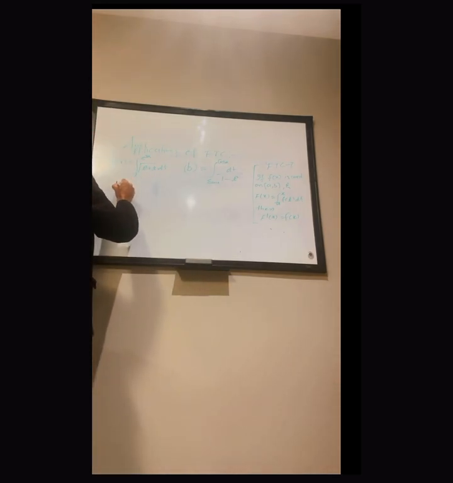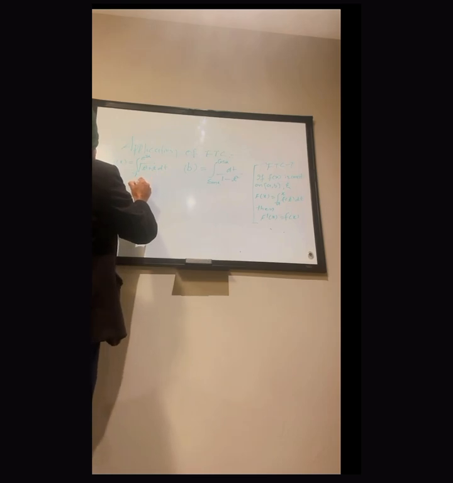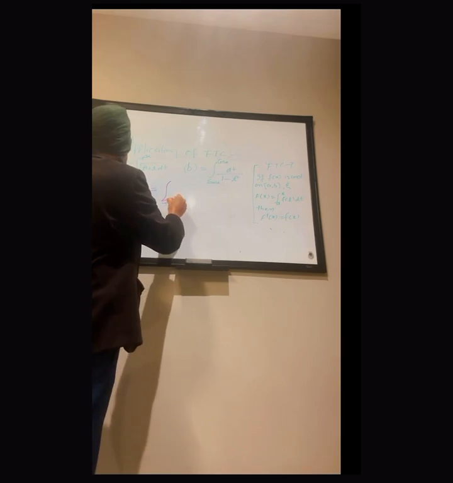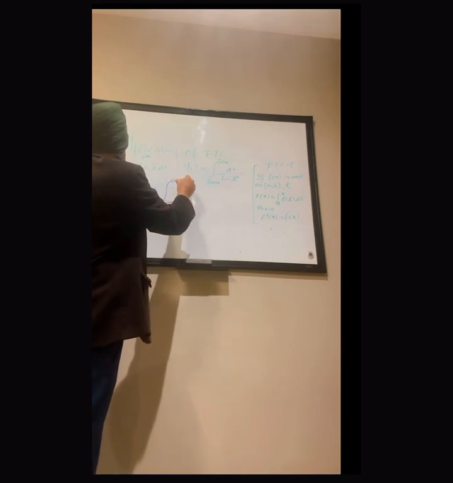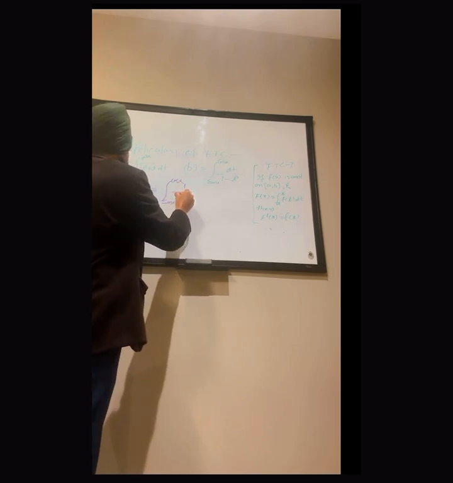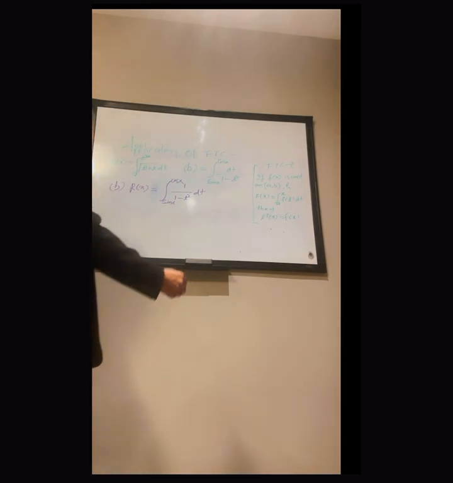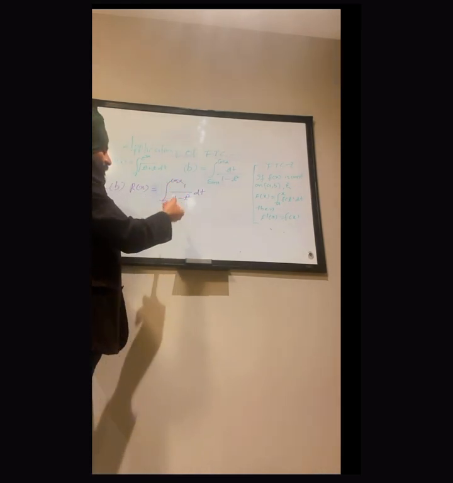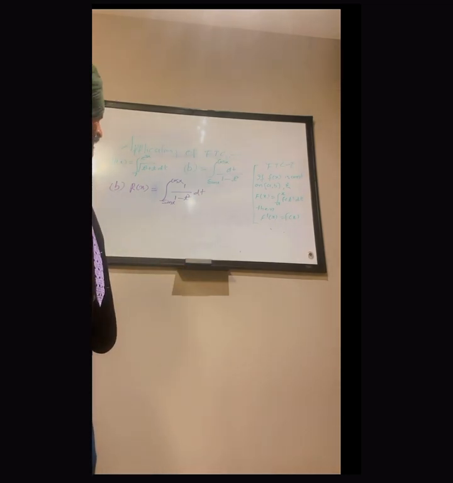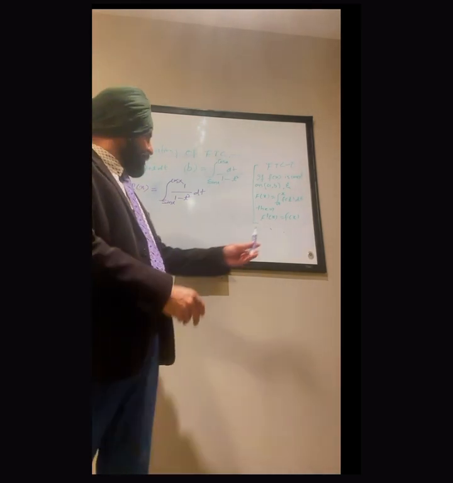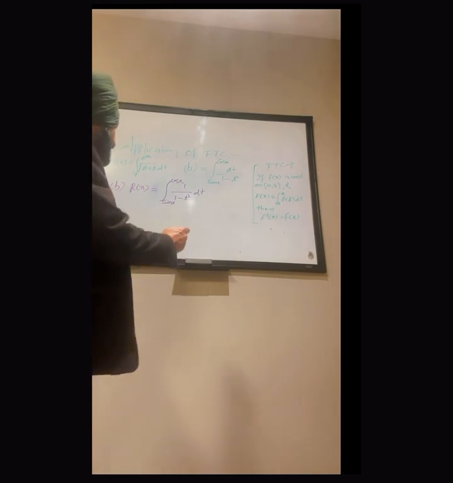Part B. Here the function, say R of x, equals the integral from sin x to cos x of 1 by 1 minus t squared dt. Clearly, the upper limit and the lower limit are functions of x. So we can't apply the FTC part 1 directly here because we need the standard form a to x. First we convert it,